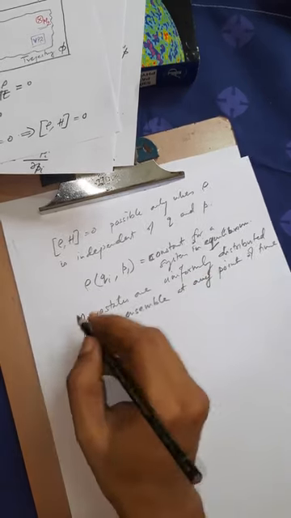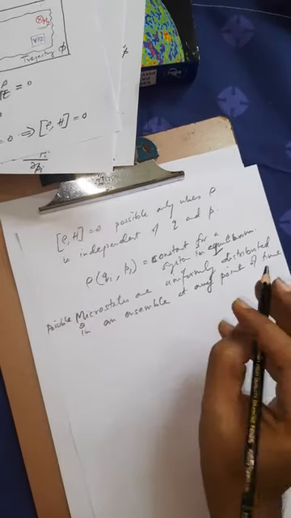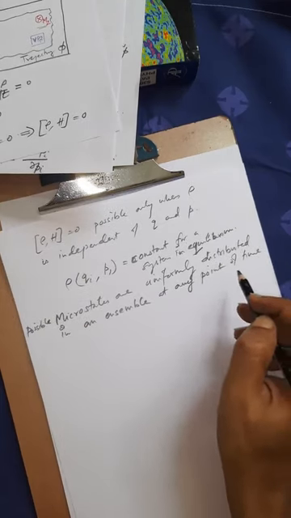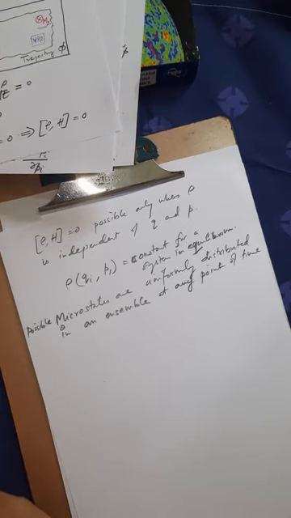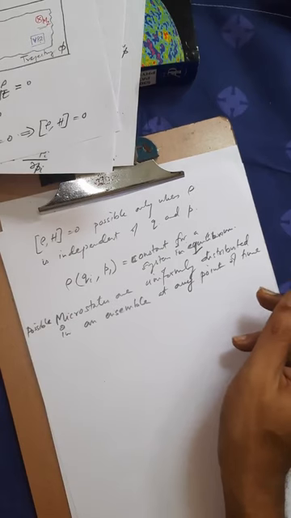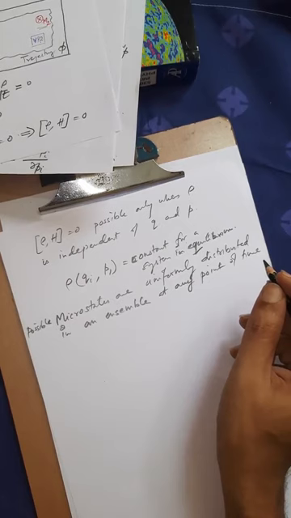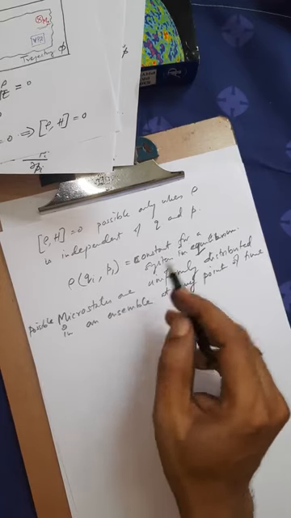Right, actually it will be more correct if I write possible microstates. So possible microstates are uniformly distributed in an ensemble at any point of time. That is what this rho of q, p equal to a constant is telling me. Now, right, so this condition,